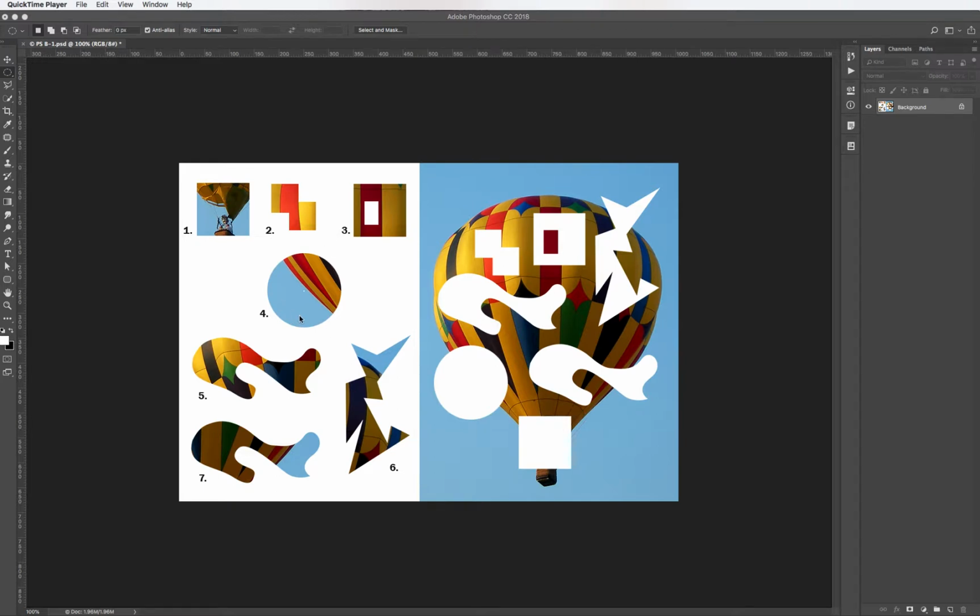Okay, so we're going to make a selection around this circle shape, and if you notice there's a little dot in the middle, and that's pretty much our center point. The way we're going to do that is we're going to select our circular elliptical marquee tool,